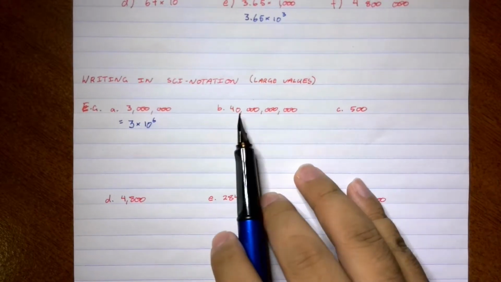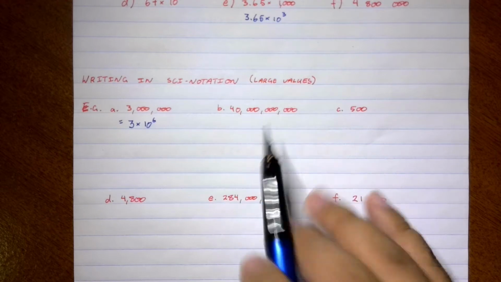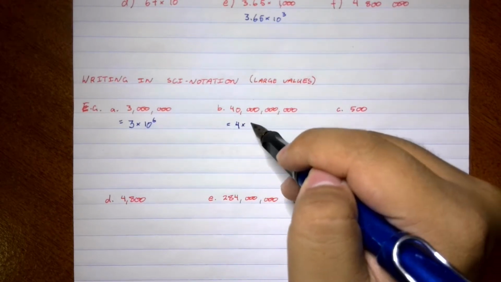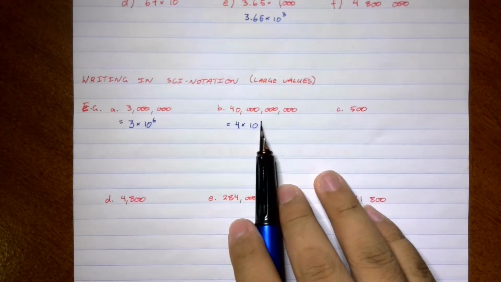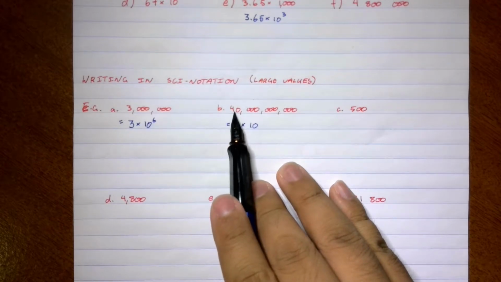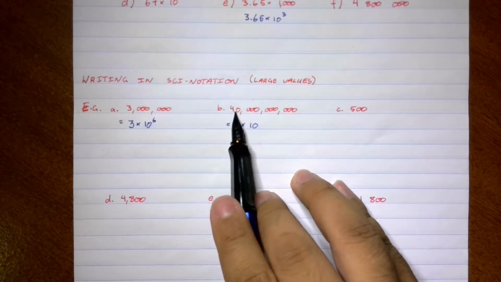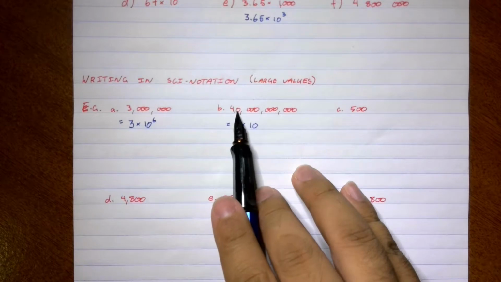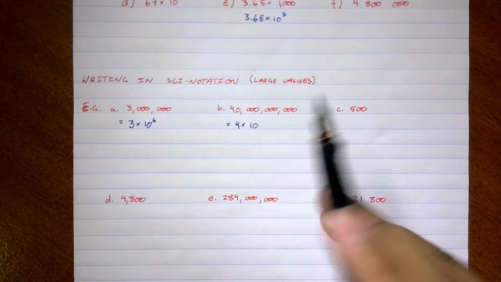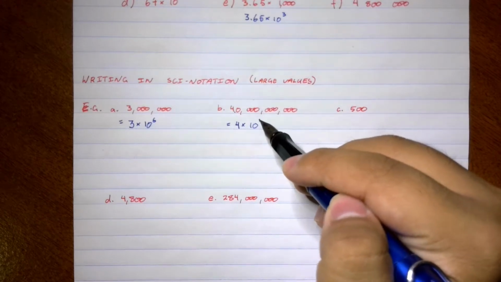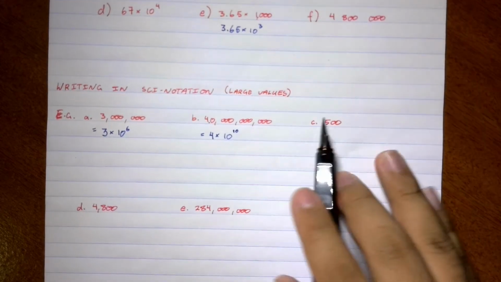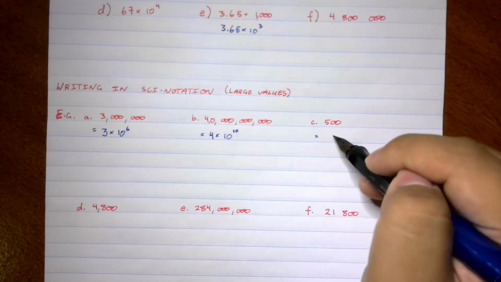So once again, here we go. This number here is going to be 4 times 10, and we need a number here at the top. And to find it we just place a little dot here, and we count how many numbers are behind it. So 1, 2, 3, 4, 5, 6, 7, 8, 9, 10. So that is 10 to the power of 10. Same goes for the number 500. This is going to be 5